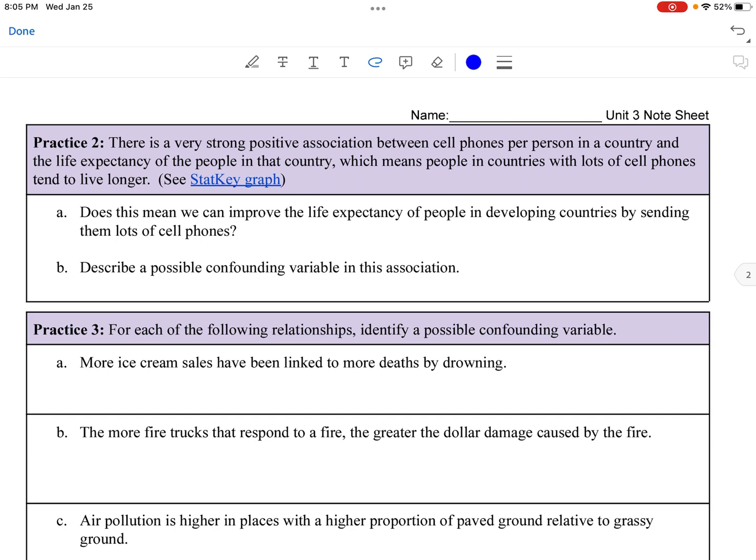All right, let's do some more practice. There is a very strong positive association between cell phones per person in a country and the life expectancy of people in that country. Actually, I'm going to put this in a second video because this video is getting a little longer, so I'm going to